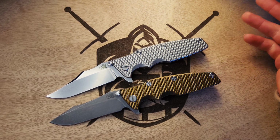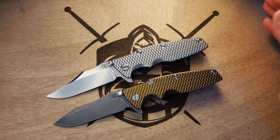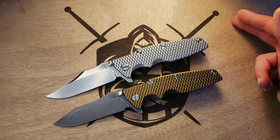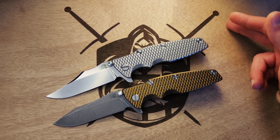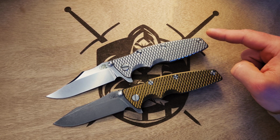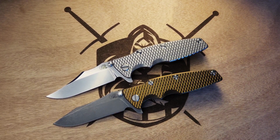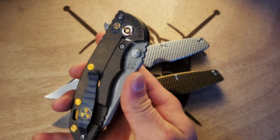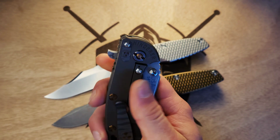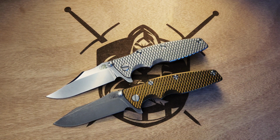Like you can still get the titanium scales on some of those websites. Smooth, and a few of them textured. Those are pretty popular. But they always have a lot of the Eclipses. Even right now, I know that Rick Hinderer's website, rickhindererknives.com, has the Harpoon Tantos in stock. They're all the Stonewash in Battle Bronze. And if you guys don't know what Battle Bronze is, it's this finish right here. It's the bronze version of the working finish, so it's kind of that matte, scratched up bronze finish. But yeah, that's pretty